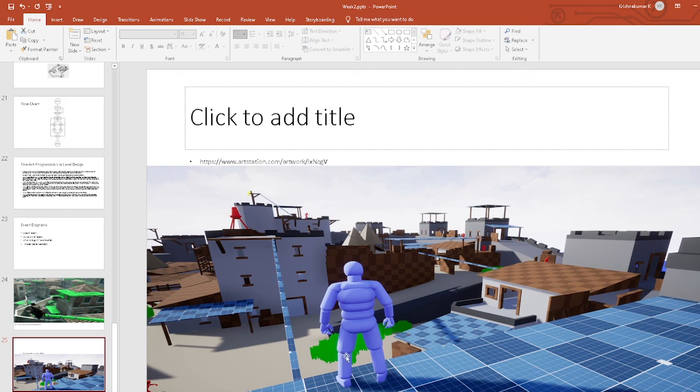In this first level, you can see that these characters are low in information and textures.